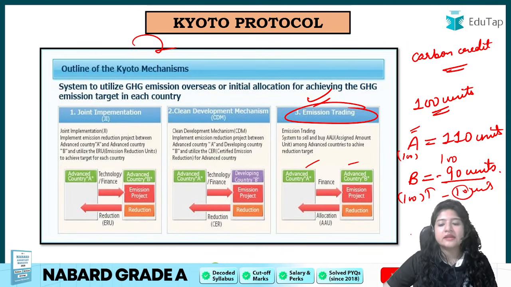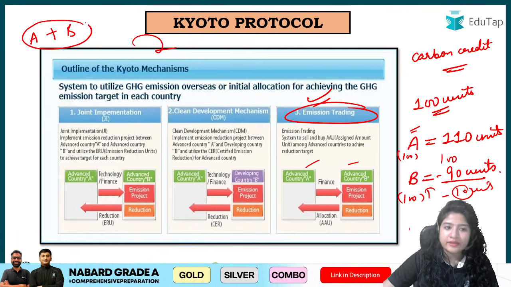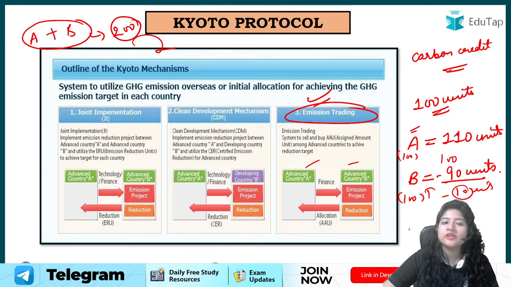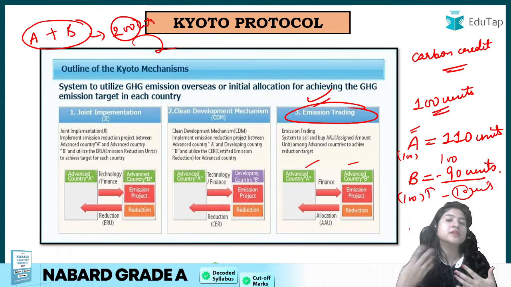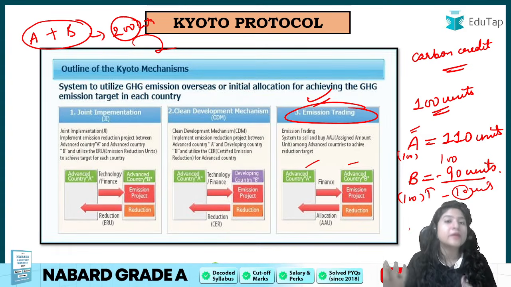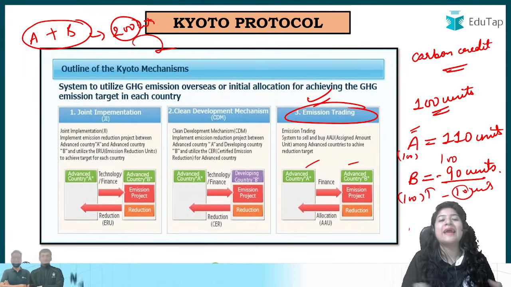Another case: instead of buying and selling, country A and B together form a team. So overall they have 200 units of carbon now. ठीक है, in the first case they were individual countries, one bought from another, but in the second, for example, A talked to B and said, okay, maybe this year you reduced less, what if next year you reduce more? So A and B decided to come together and club their